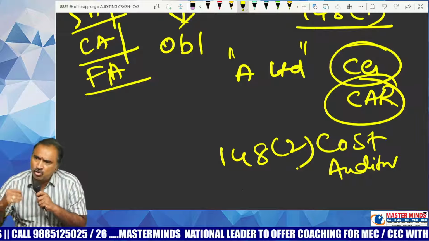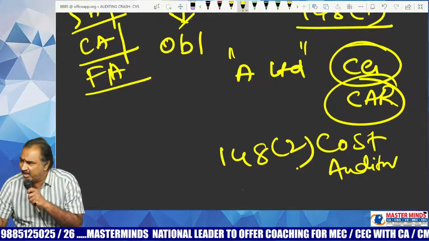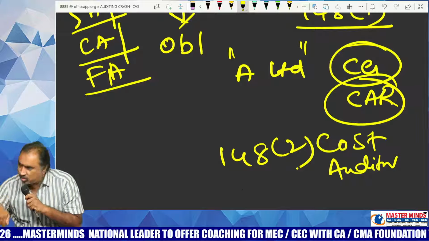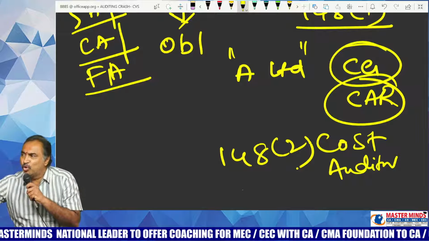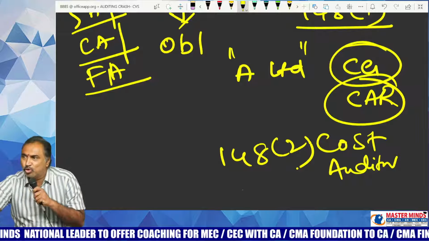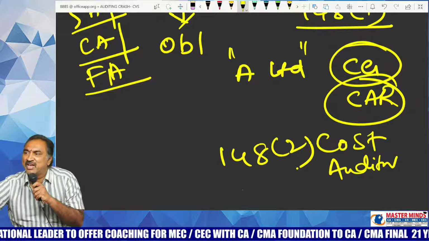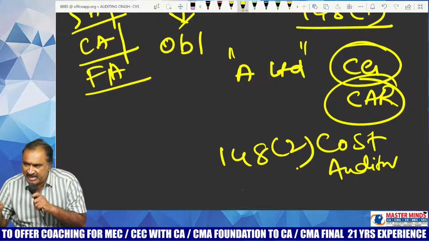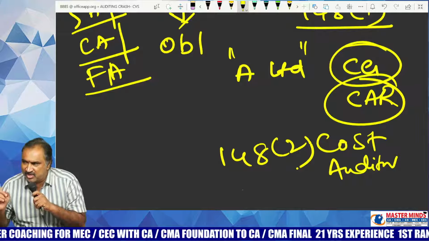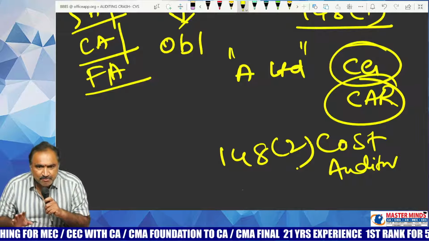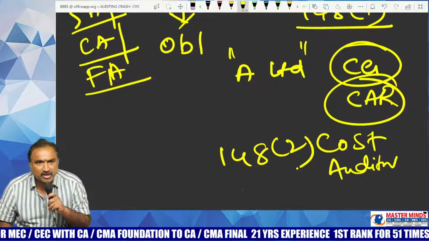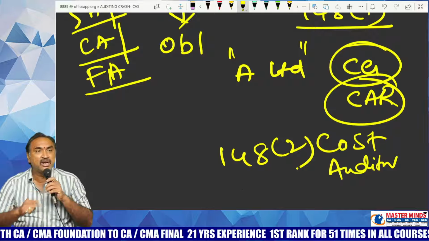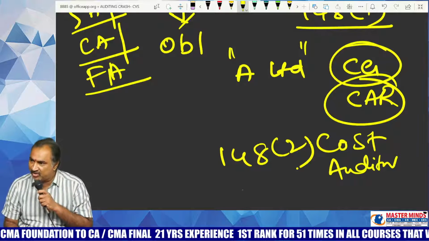No. Although a separate auditor has been appointed as the cost auditor, it is our duty to make a comment under CARO. In order to make a comment under CARO, you must go through the cost accounting records. In order to go through the cost accounting records, you must have been given a right of access to the cost accounting records. So in every case, when the company is maintaining cost accounting records in accordance with the directions given by the central government, the company cannot deny access of cost accounting records to the financial auditor. The company must provide access of cost accounting records even to the financial auditor.